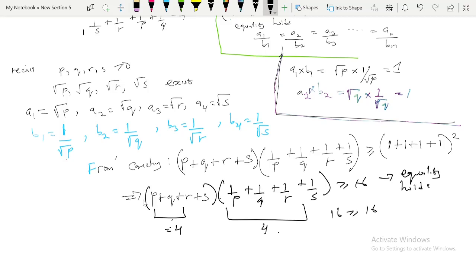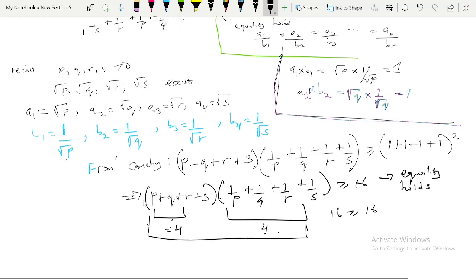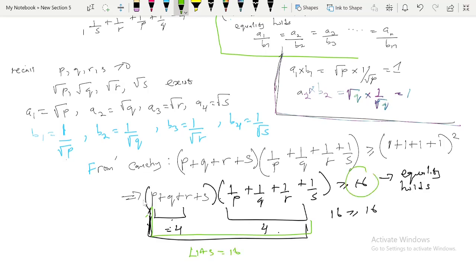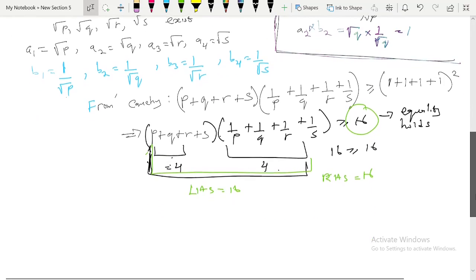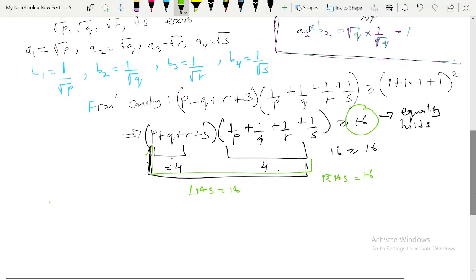Equality holds, right? So that means the left hand side is equal to 16 and the right hand side is also 16. So we know the left hand side of the inequality equals the right hand side. That means equality holds in this Cauchy-Schwarz inequality. And we said that in Cauchy-Schwarz, if equality holds, then